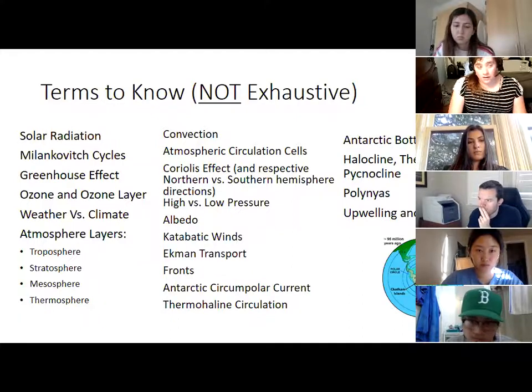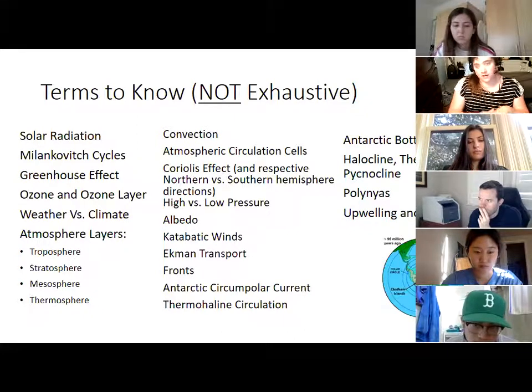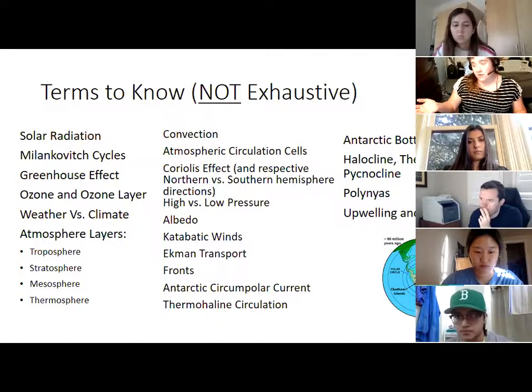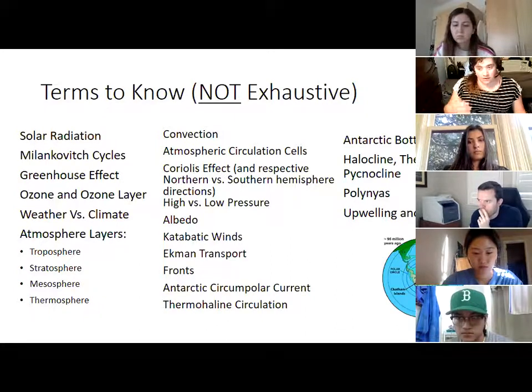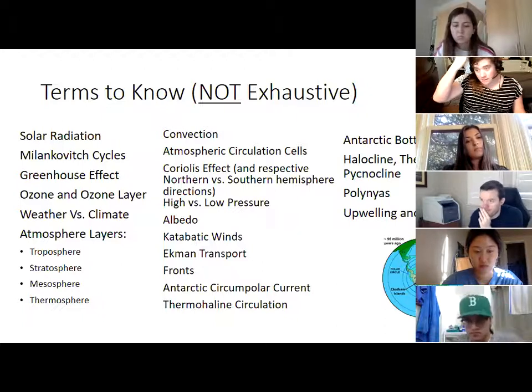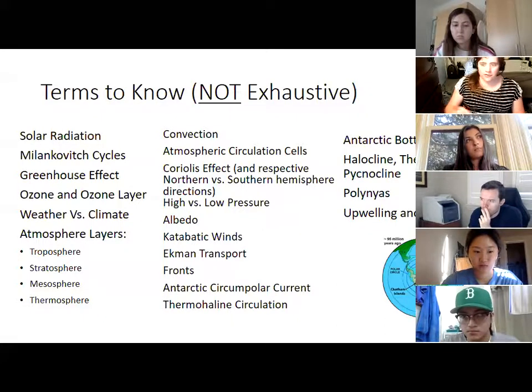These terms are all in last week's slides. They're mostly the underlined and bolded key terms. And when I say not exhaustive, I simply mean that, like I said before, if you know what all these terms mean, you'll probably do well, but you might lack some context. So you want to make sure that before you take the quiz, ideally you've seen all the lectures, and if not seen all the lectures, I do put pretty extensive notes in the PowerPoint versions of the lecture slides. If you've been going off the PDFs, those don't show up in there, but my PowerPoint slides have pretty extensive notes, which are mostly what I lecture off of.